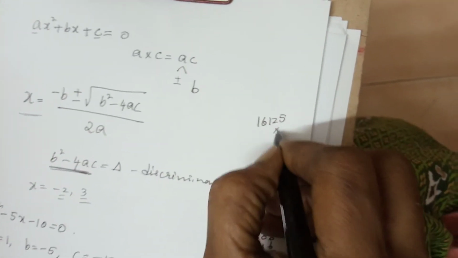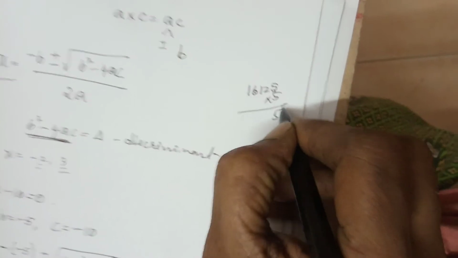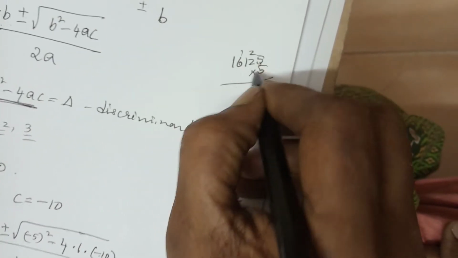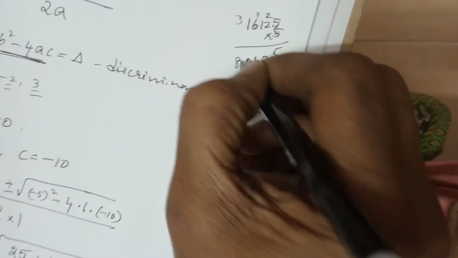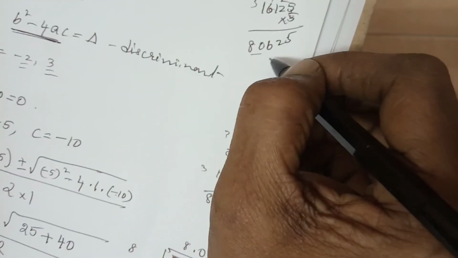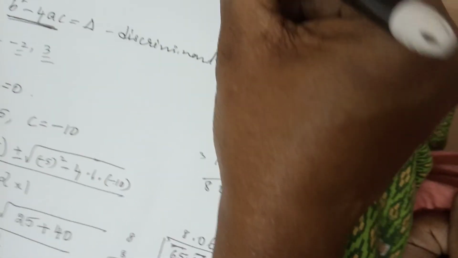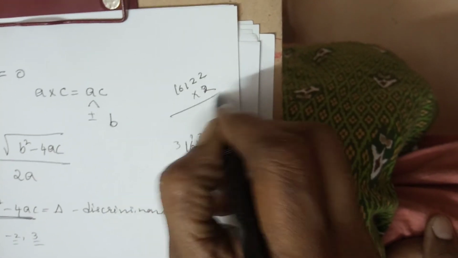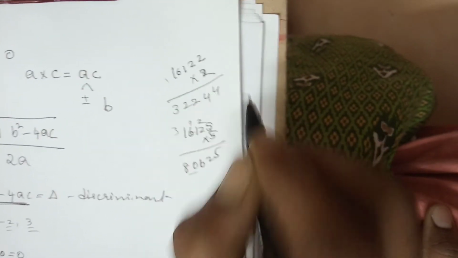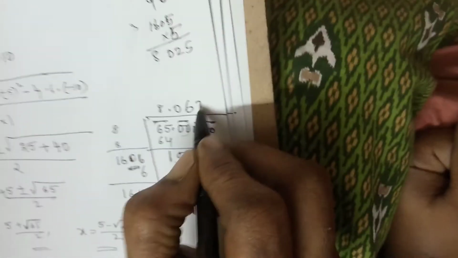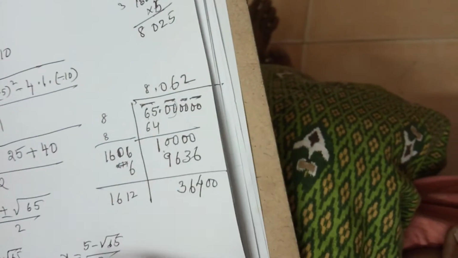Try with the 5. 1, 6, 1, 2, 5 with 5 again. So 5 5s are 25, 5 2s are 10, 12, 5 1s are 5, 6, 5 6s are 30, 3, 5 1s are 5, 80. 80 is very much bigger than 36,000. So try with 2, because 5 is very big, with the same digit. 2 2s are 4, 4, 2 6s are 12, 1, 3, 32. So the square root of 65 is 8.06, because this is lesser than 5.